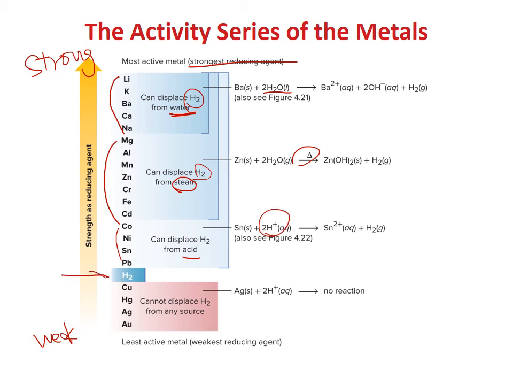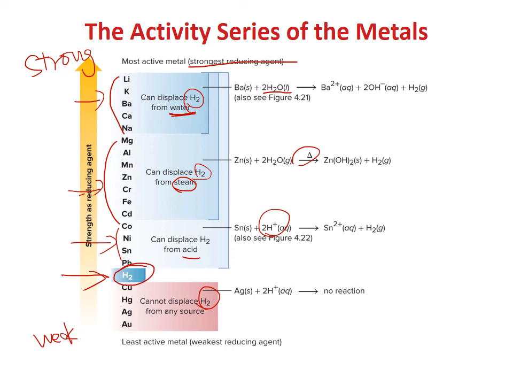Here is the hydrogen gas itself. So any metals above it can displace hydrogen gas from either water or steam or acids. Metals below it cannot displace hydrogen gas from any source. These include copper, mercury, silver, gold. So this table not only tells us the reducing power of the metals compared with hydrogen gas, we can also use this table